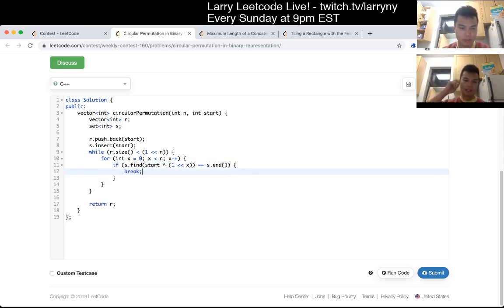This part is just very standard stuff: if we haven't seen it yet, then we make this a new thing. I have a typo here, but